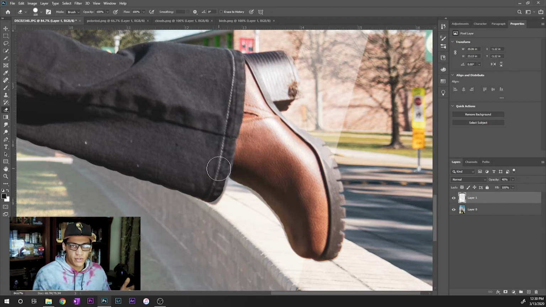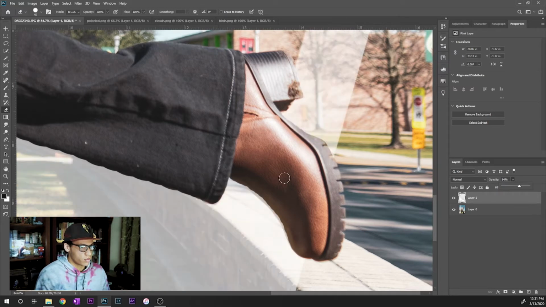So I pretty much have it filled in from what I can tell with the opacity how I want it. So I'm just going to go back to the opacity, put it back to 100, and we're going to zoom back out. And boom. You already have her leg poking out of the Polaroid. You're pretty much 80% done with the picture. All you really need to do now